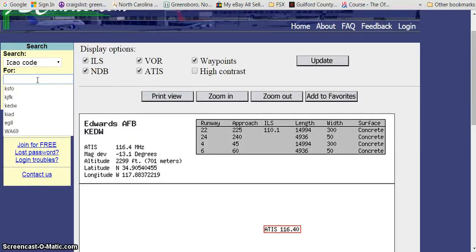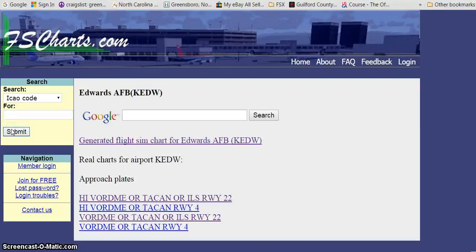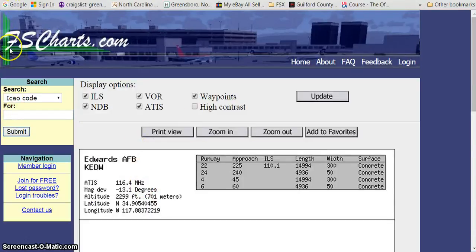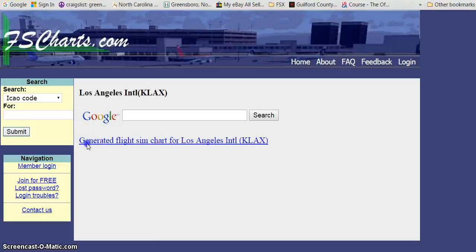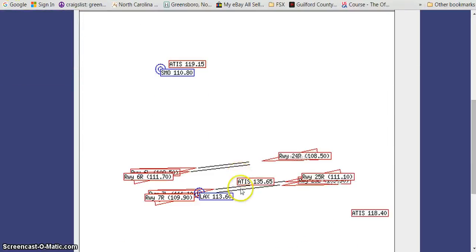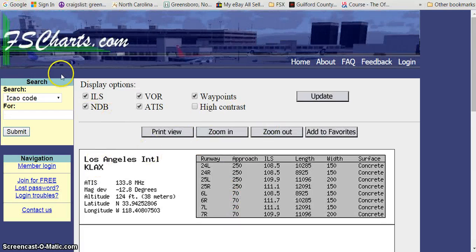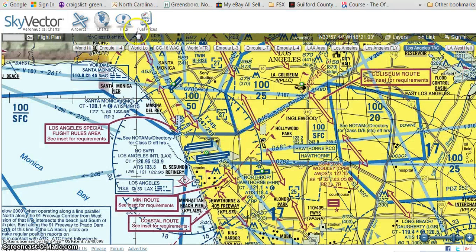And you just go to this website, type that in, hit submit. You'll get a place where you can get different charts and any place you need to go. So here's the Los Angeles and ILS frequencies, any runway you need, and basic chart. You can zoom in and out, and another website